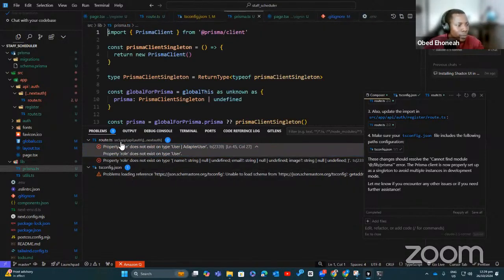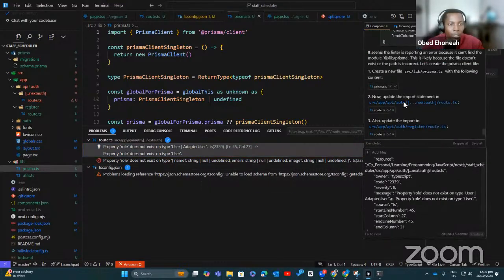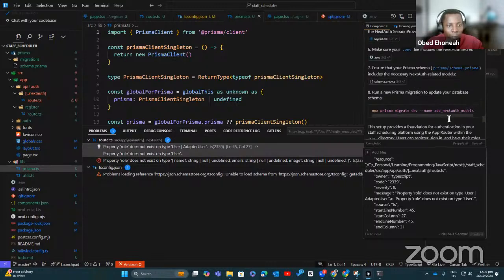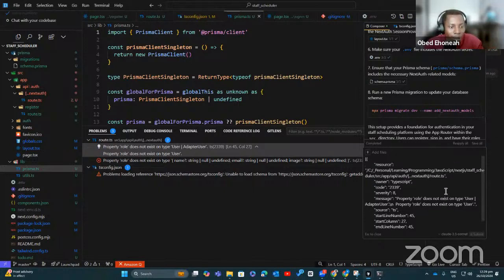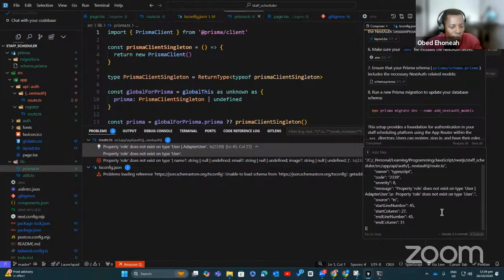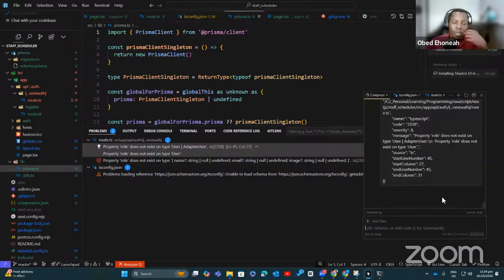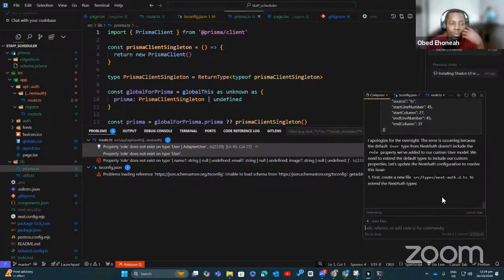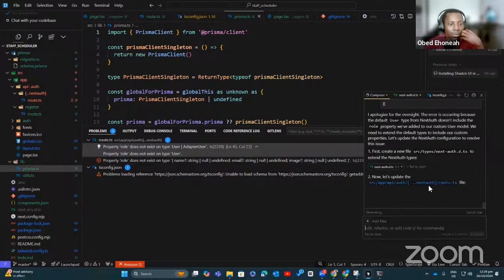The next thing is property role does not exist on this. So we can give this one to it as well. I just hope it's not because I've not run one command that it gave us, the migration. We've made changes to the database schema. It has added some things to it and we would need to migrate that as well, but we have not done that. However, let's see if this is a legitimate error. If you're playing with this and you don't know most of them, that's what you're going to be doing.